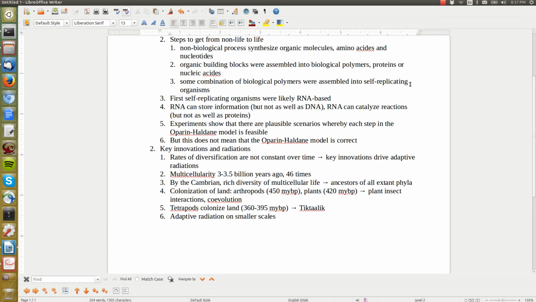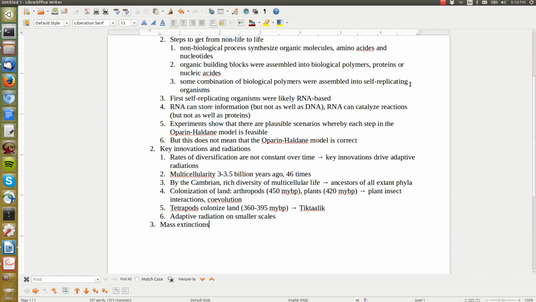So we've talked about how you can have key innovations that can drive adaptive radiations and an increase in rates of diversification. And next week, before I get into human evolution, I'll talk a little regarding what we know about that in the context of evolution of development and genome evolution. But what I want to talk about at this point is the flip side of that, and that is mass extinctions, which are another set of events that have major, profound effects on the overall patterns of biodiversity,